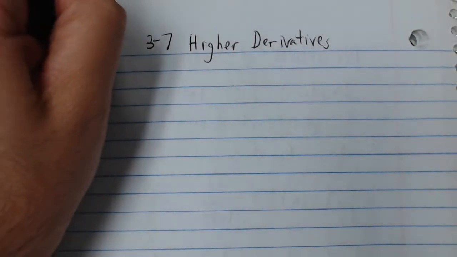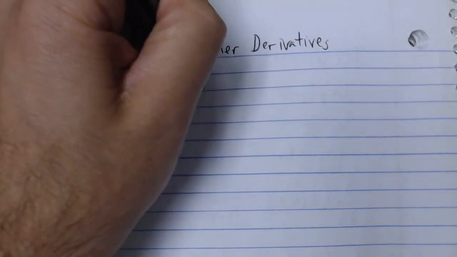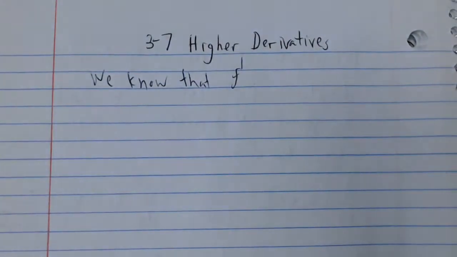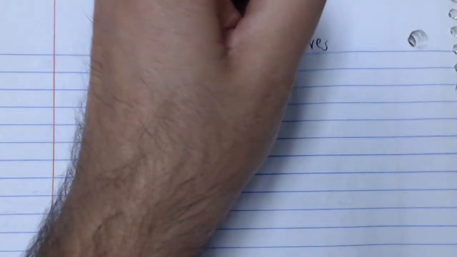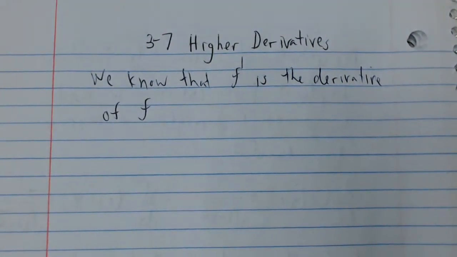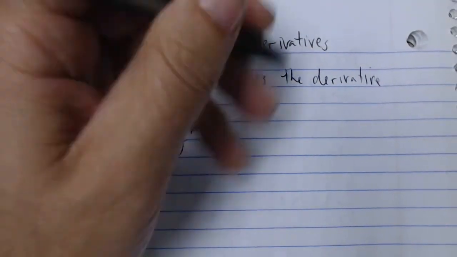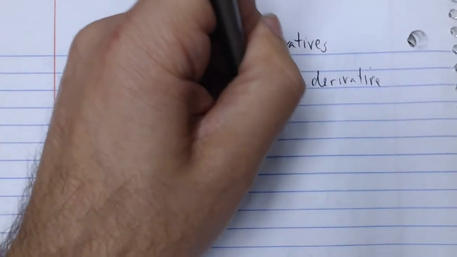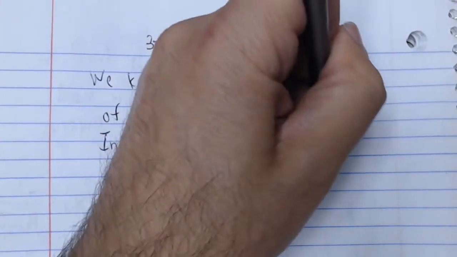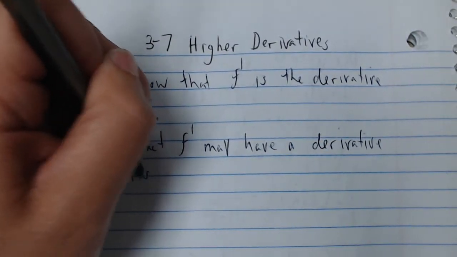So far, here's what we know. We know that f prime is the derivative of f, okay? And so what we could add on to this is we could say, look, in fact, f prime may have a derivative of its own,